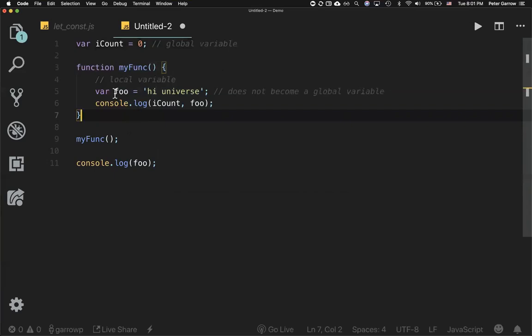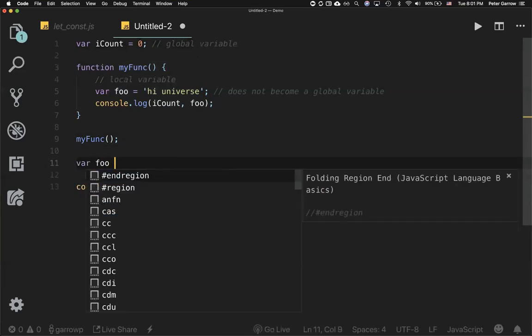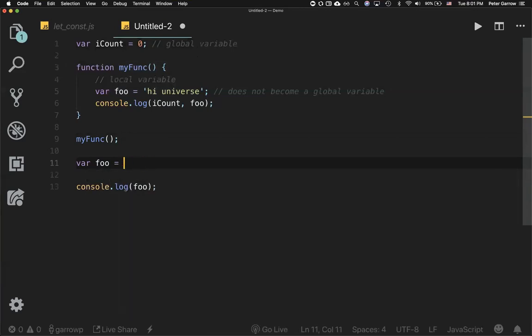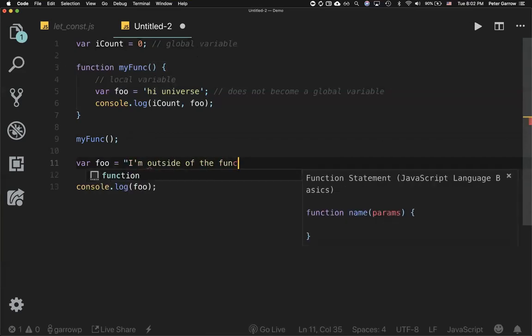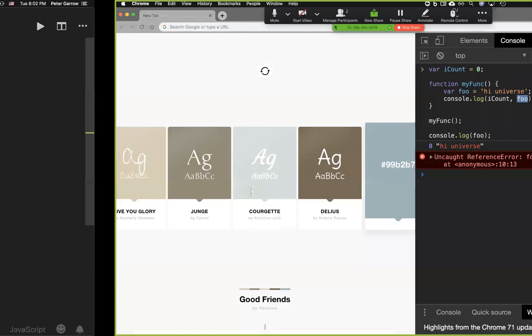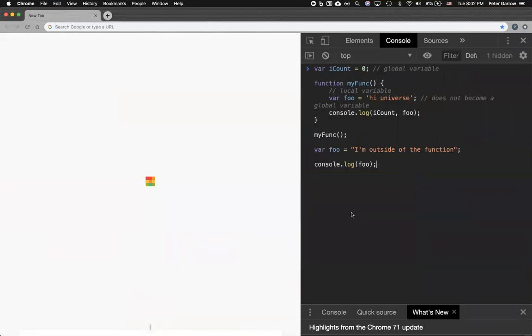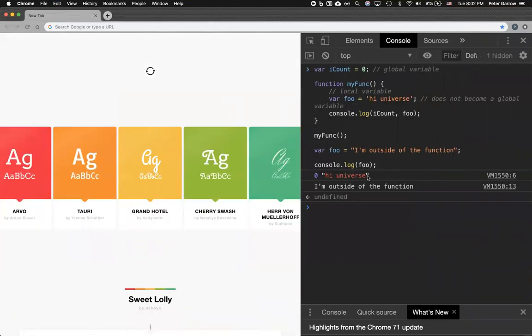This is advantageous because we want to encapsulate our variables within functions so that they're not available later on. If we wanted, which could be bad practice, we could have a var foo outside and then have it be something like "I'm outside of the function". Now, if we do this, we see here that our console log within the function gets called like normal. We set a new variable called foo outside of the function, and that is what gets console logged here, not the one inside. It's not being overwritten,